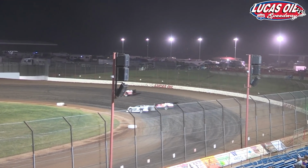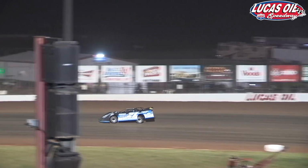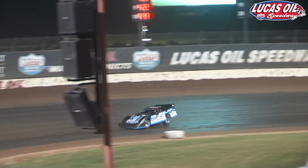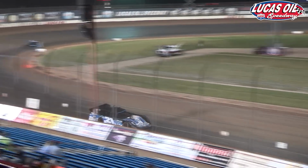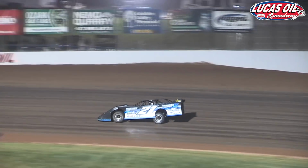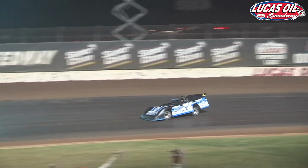So the Flash out in front. Johnny brought his modified as well, something that he ran during a Show Me 100 weekend. We have seen local drivers try to compete in the late model class, but whenever you're running up against the MLRA, against the Lucas Oil late models, against those guys that compete for hundreds of thousands of dollars, like at Eldora this week, it's kind of difficult for the local guys like a Johnny Fennewald to compete,